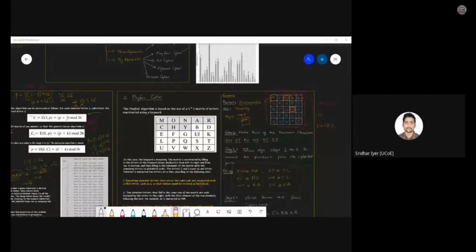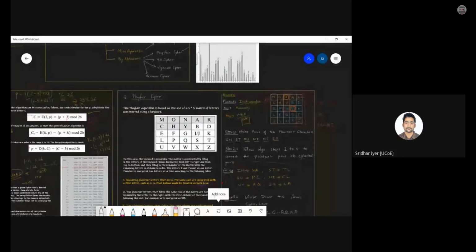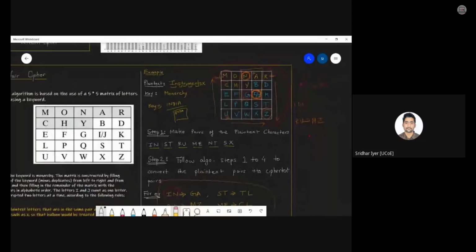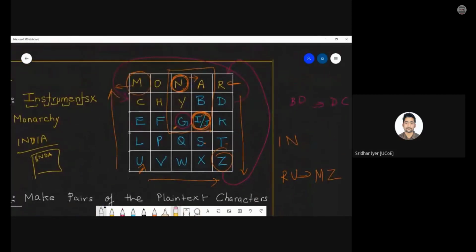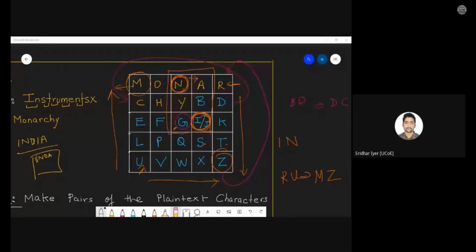If you're having any doubts with it, Dhruv, now is it clear? So if you're having any doubts, you can kindly let me know. One second. In GK, G will be replaced with I or J. Let me go back. GK, you are saying, right? Yeah, it actually depends. If you are willing to replace it with I, you can replace it with I, or if you wish, you can replace it with J also. It entirely depends upon who encrypts the message. It is I/J, so you can either use I or J. It's entirely up to you.